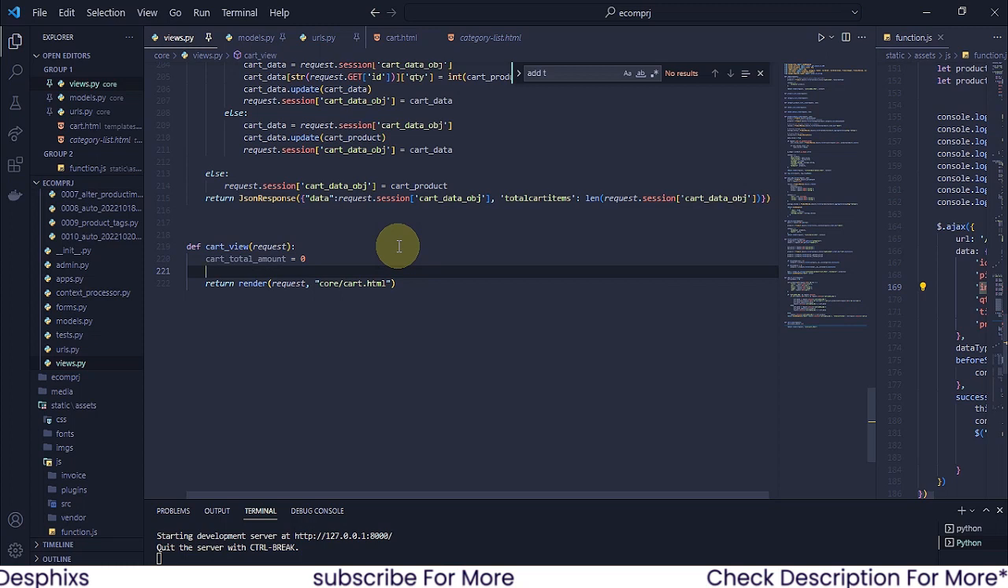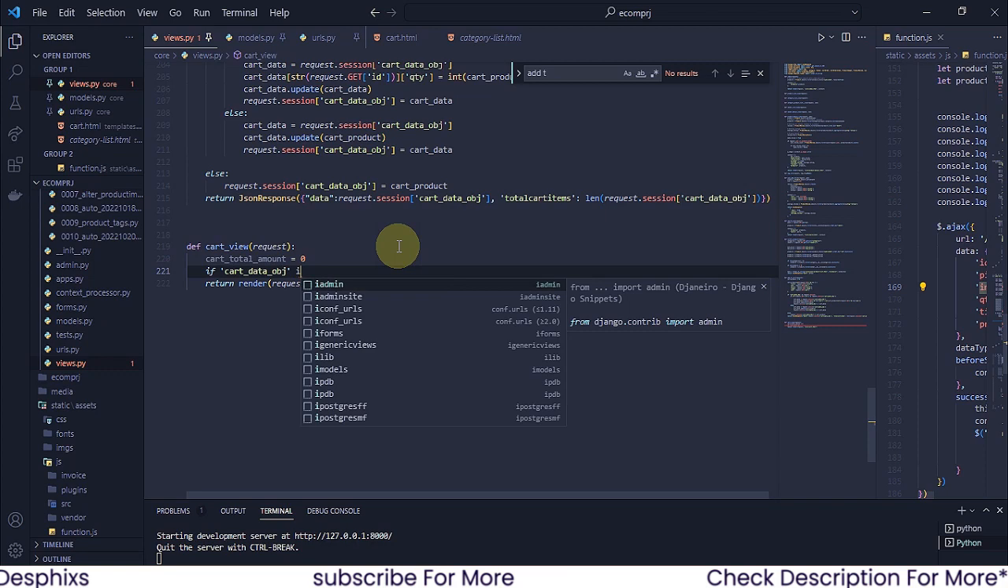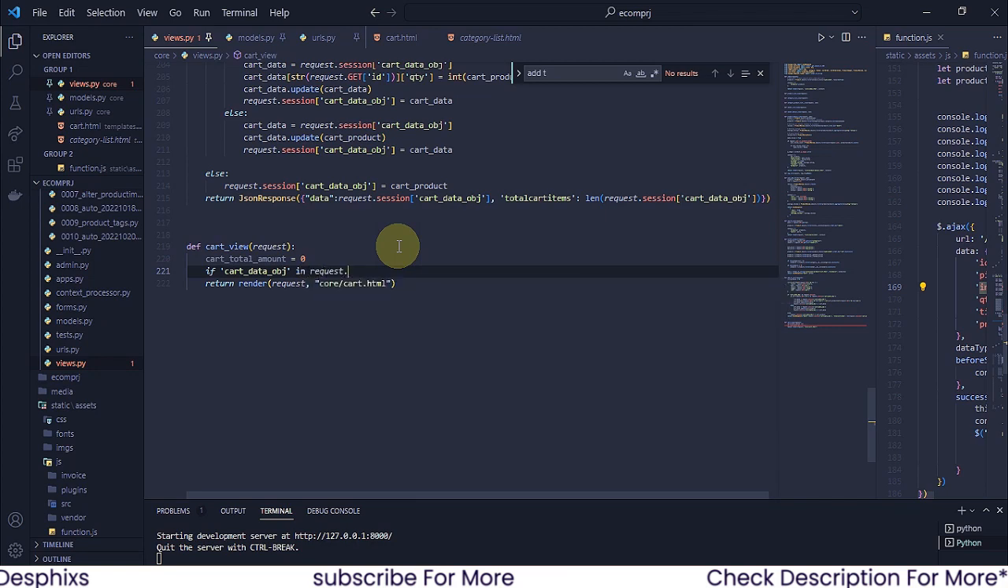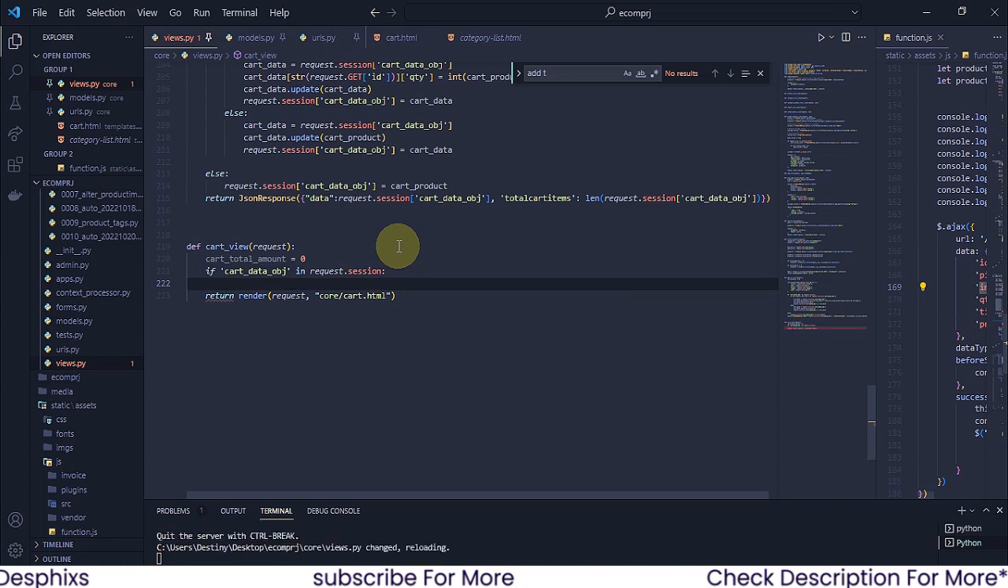Now I'm going to check for something. I'm going to check if there is a cart data object in the session. So if there's cart_data_obj in request.session, I'm simply gonna go ahead and loop through the items that we have in the session, and I'm going to display it in the template. Okay, so how do we do that? So in order to